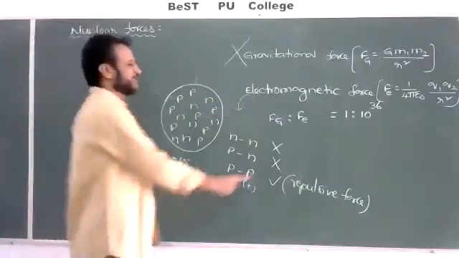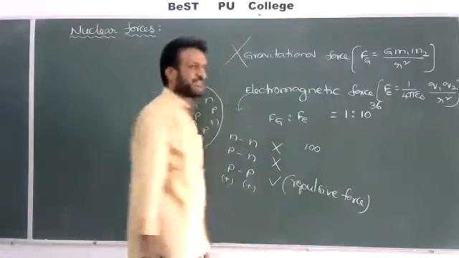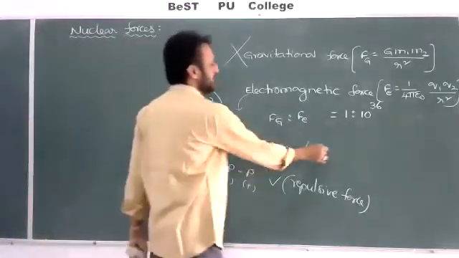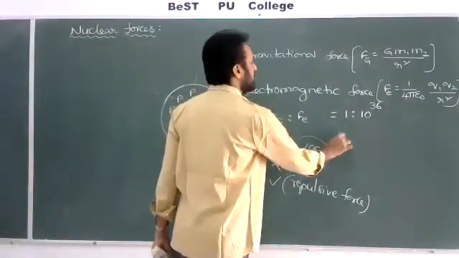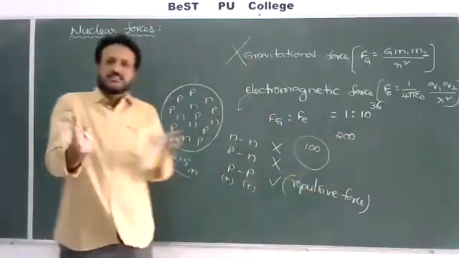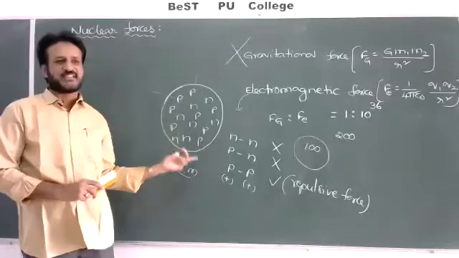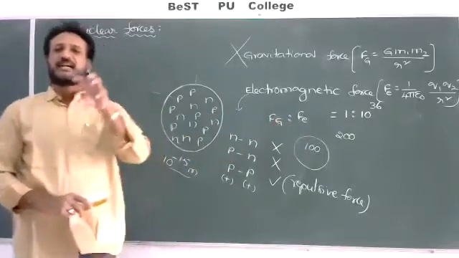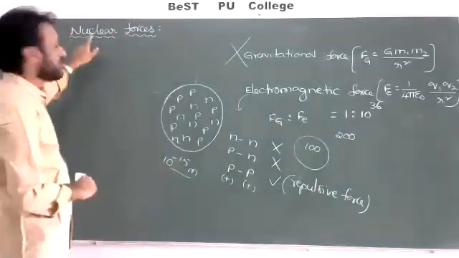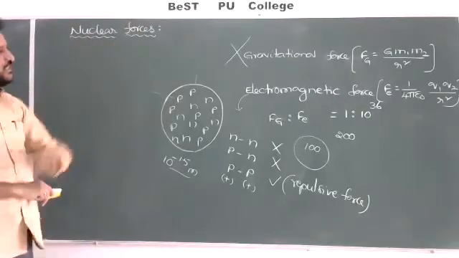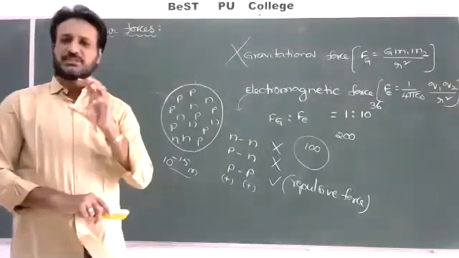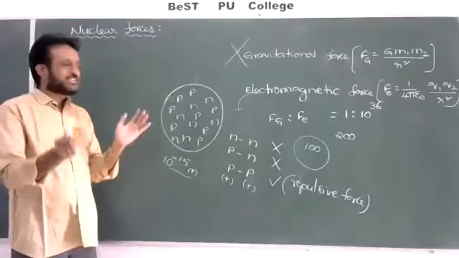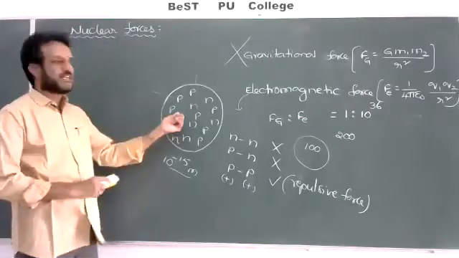For example, say the repulsive force is 100 Newton, with which all the protons are repelling each other. But for example, a 200 Newton force, more than 100, is attracting all the protons and neutrons. Then what will happen? They will not come outside. So by overcoming the electrostatic force, some attraction is acting inside the nucleus. That force is called nuclear force. Nuclear forces are nothing but the forces acting among the nucleons, which keep them inside the nucleus. That is what is called nuclear force.